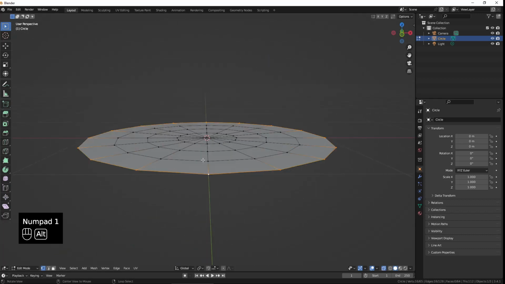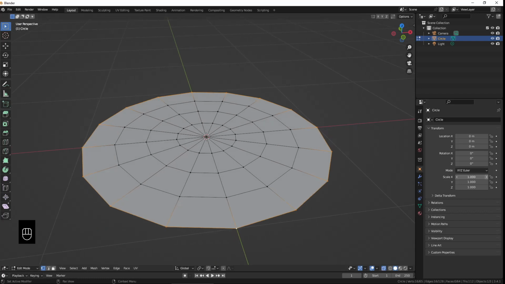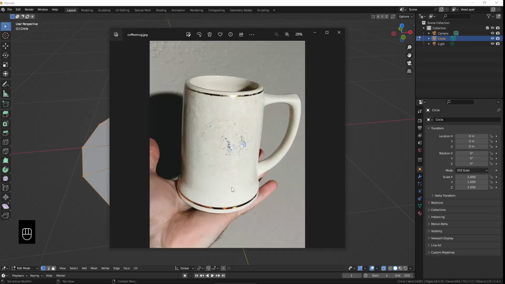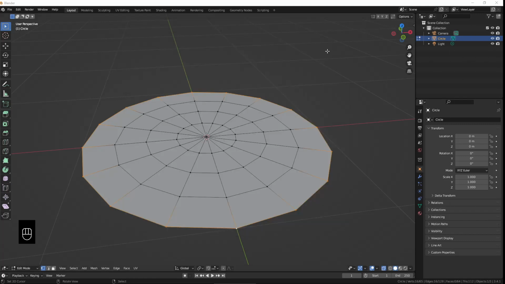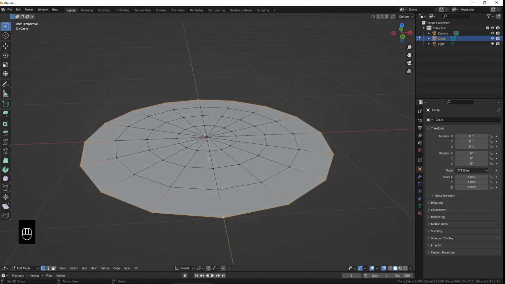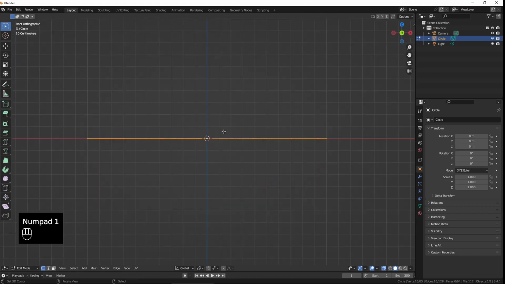I'm going to select the outer perimeter, and in my coffee mug, if I bring it back over here, you can see, it's kind of hard to see in this photo, but it goes up underneath a little bit, and then it kind of comes down for the part that sits on the tabletop or desktop or whatever, and it kind of rounds out. So I'm going to try to do that. So first off, I've got the outer edge selected. I'm going to hit 1 to go in the front view, and I'm going to go ahead and hit E